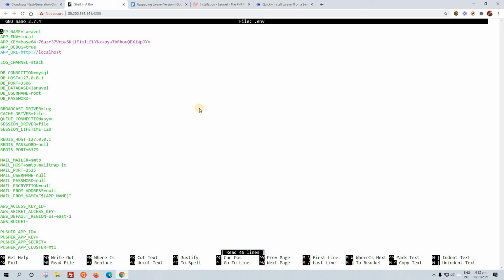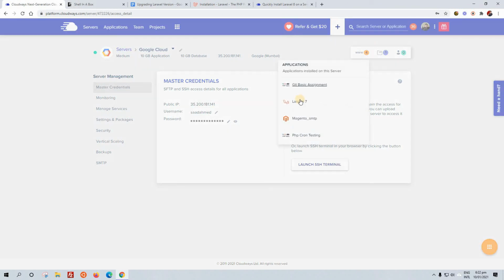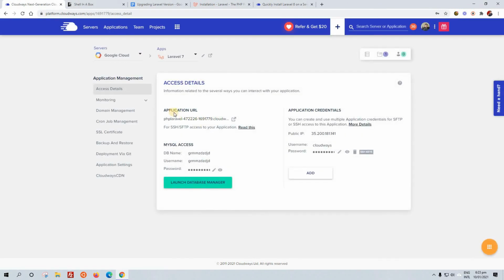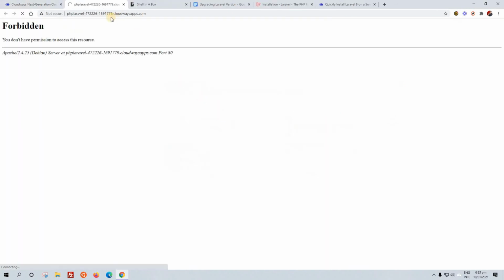Now I told you that we are going to edit a few lines. The first one is the app URL. How can we know what our app URL is? We can go to our cloud-based platform, go to our application Laravel 7, and this is our app URL, the full application URL. Obviously, launching the app will not work yet because we have to add this file in order for it to work.